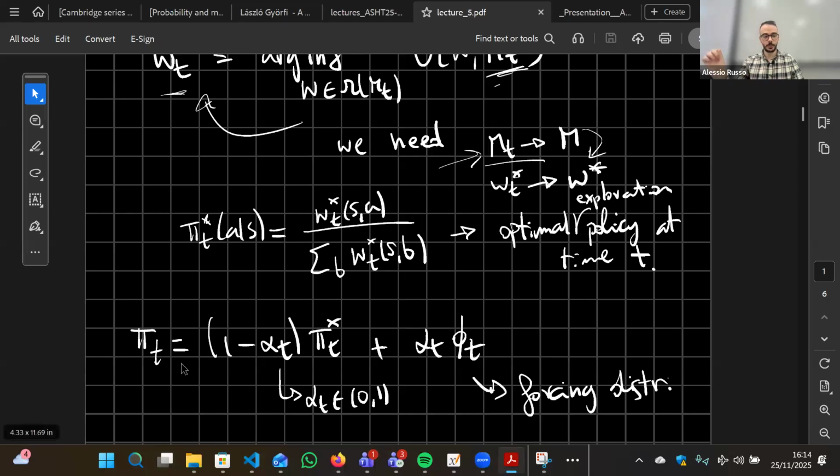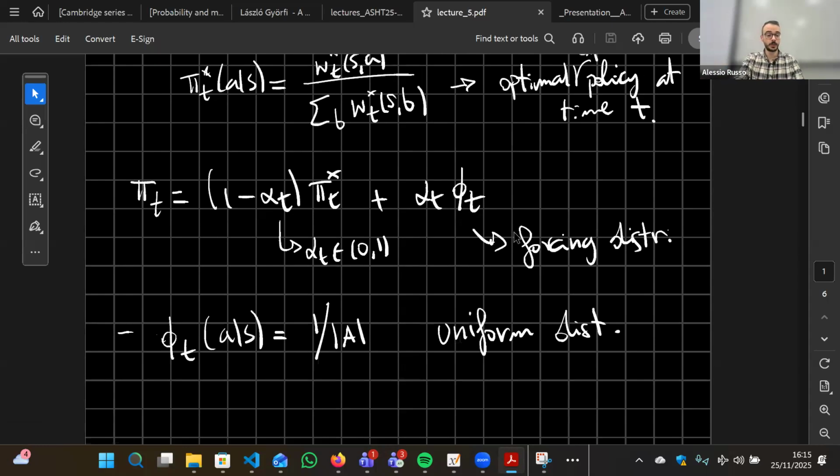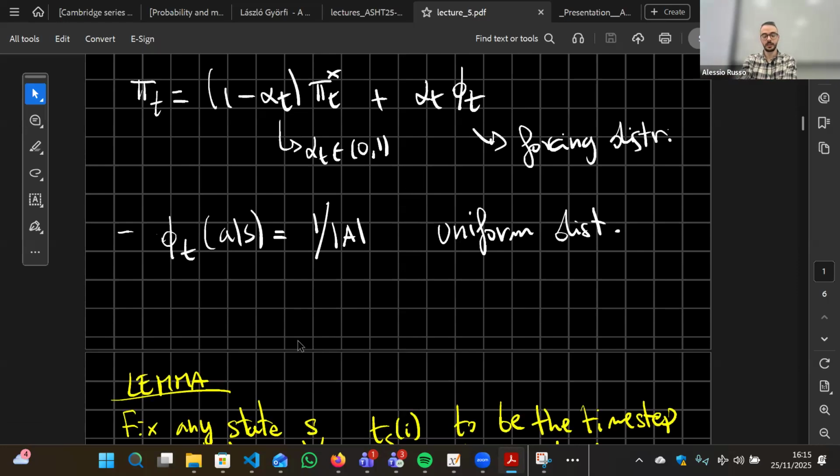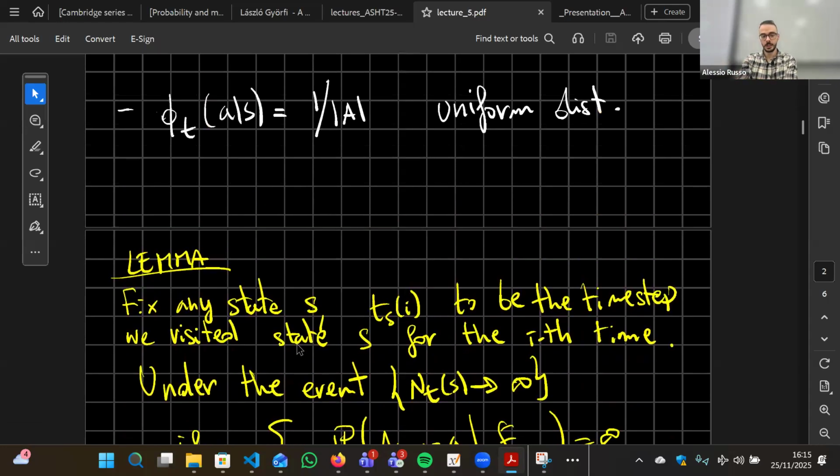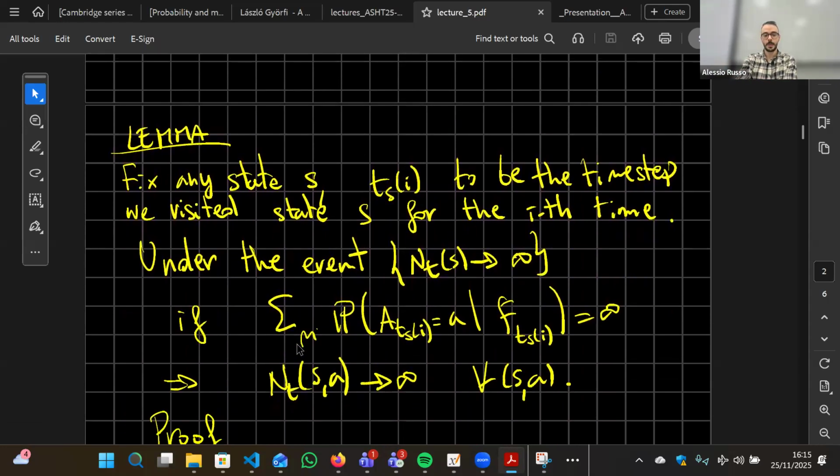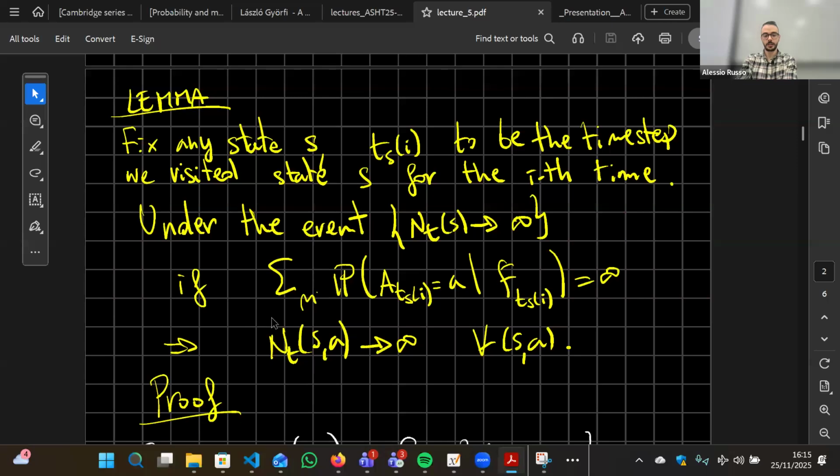And then to guarantee that we are selecting all actions with non-zero probability, we will do a convex combination between this oracle policy and some other policy that we call a forcing policy. This forcing policy can be chosen in different ways. The simplest way is just a uniform. And when you select it as a uniform, or later I also discuss another choice, you can show that in